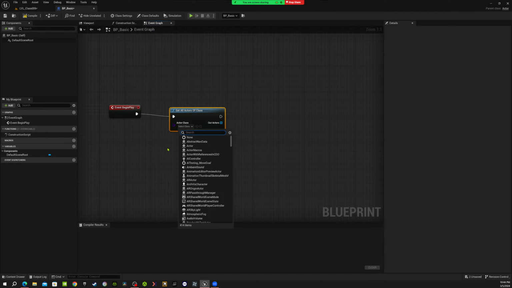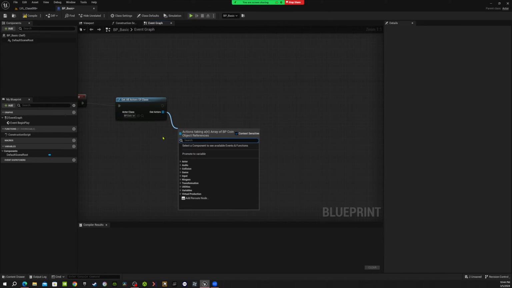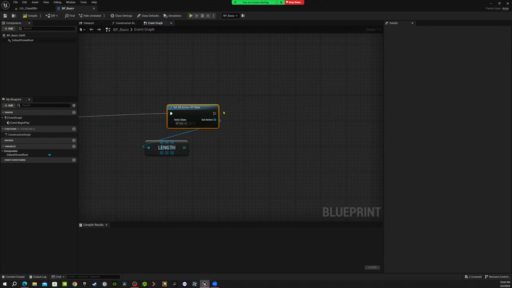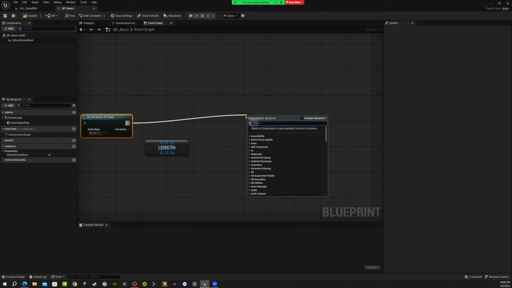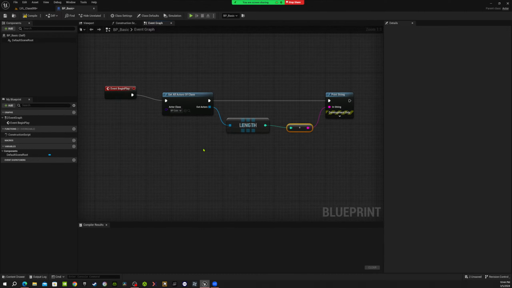For example, PP coin, PP coin, length, print string. So this is an example where